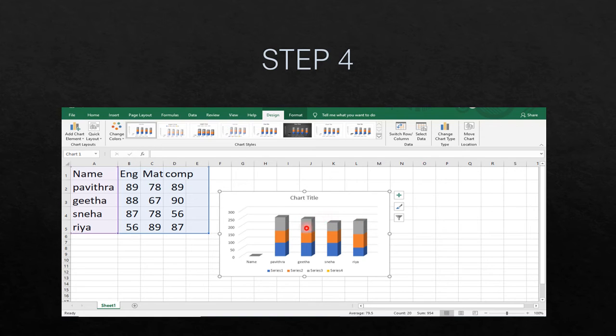See, my bar chart appeared like this. So they have some designs. In this chart you can see the marks, the name of the students' marks. So the English color is light ash color, then this one is Maths color, then blue is computer color. So this indicates the charts. So this is the way you create the chart.